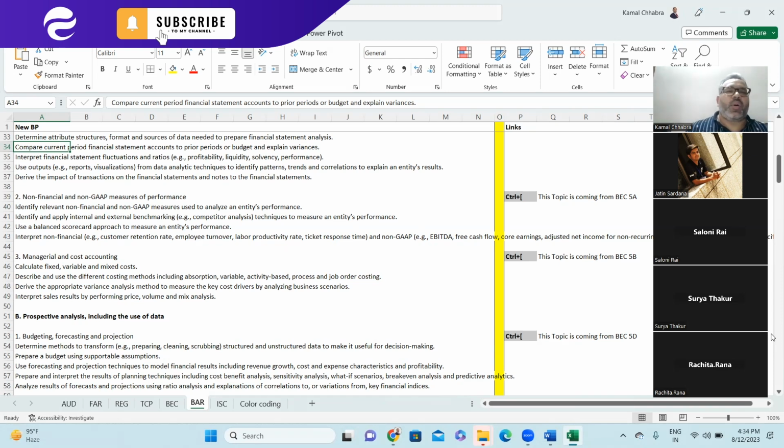And what is cost accounting? I know you all are graduates, right? I'm sure you are all commerce graduates. You might have studied costing. Yes, no, yes, right? So what all comes under costing?